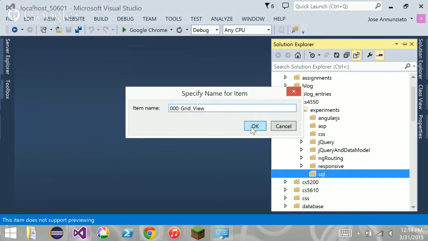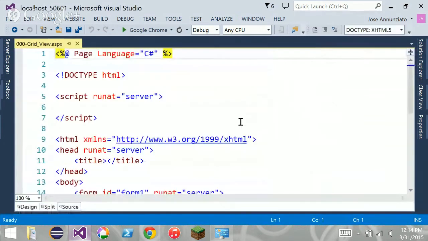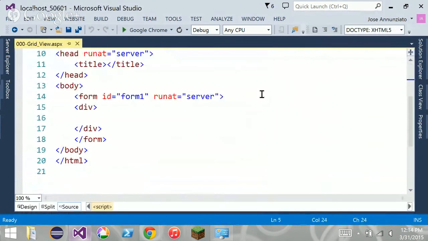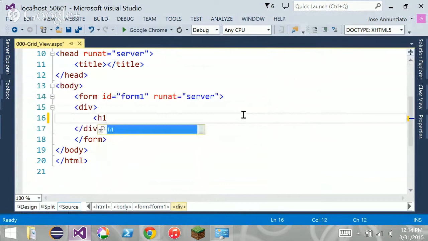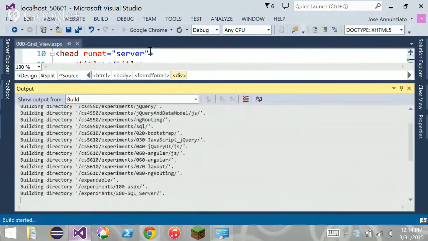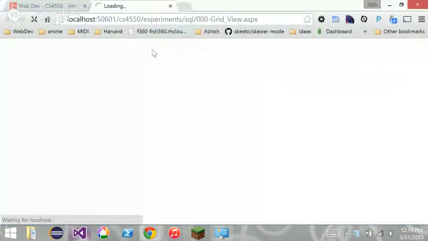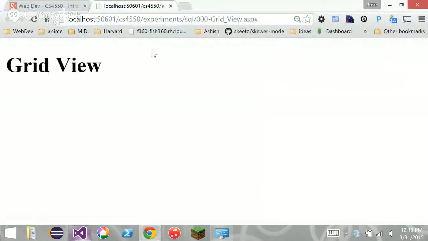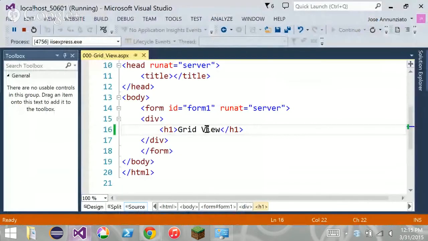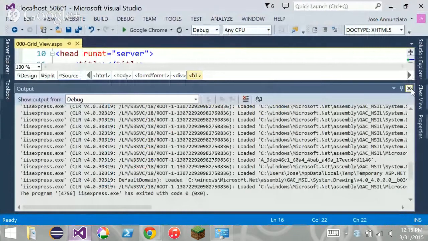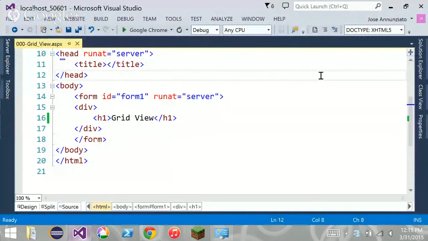Okay, so up to this point, it's just a simple web page like any other. Let me just name it grid view. We run it, and I have nothing special. It's just a plain old web page like any other. But if we stop this, and you'll need to stop it to be able to use the components,